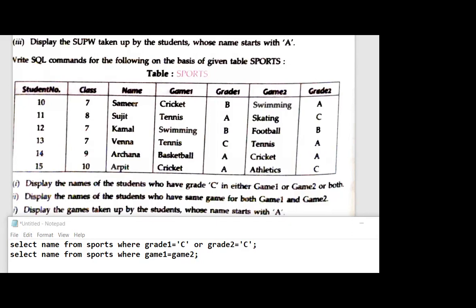Twinkle, wrong. Prince, correct. Vivina, correct. Karan, wrong. Achal, correct. Vanshika, very good, correct. Karan, then also wrong. One more mistake you have done.